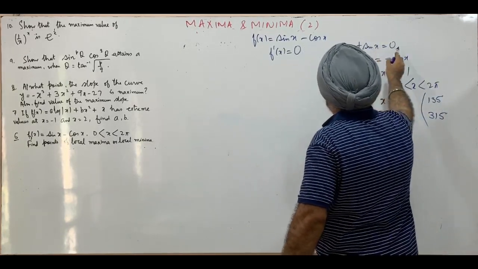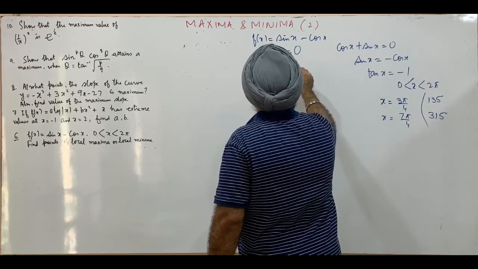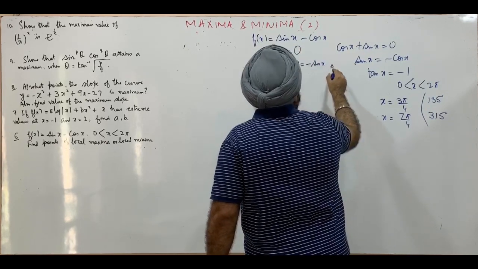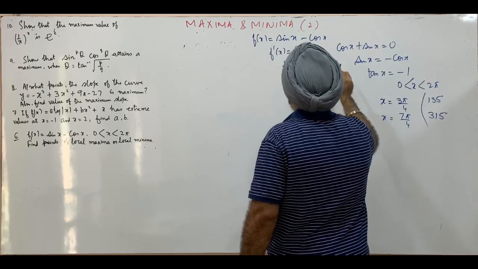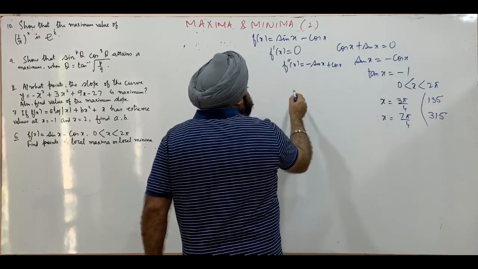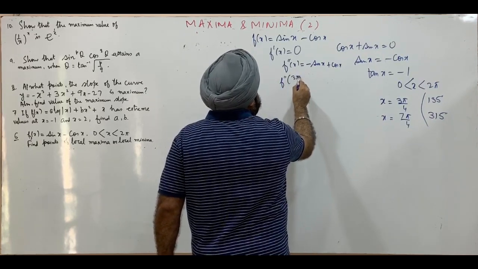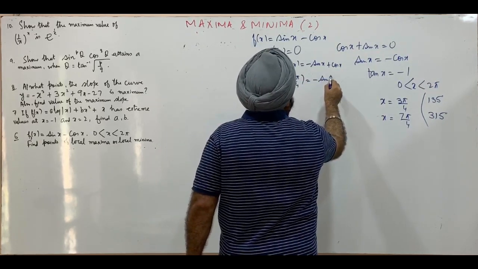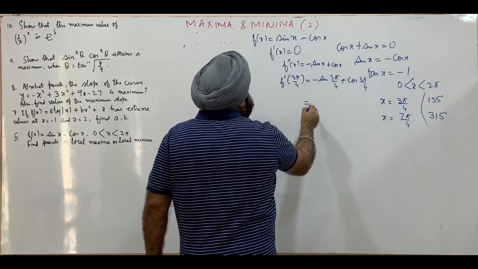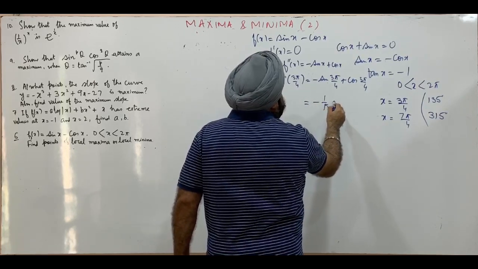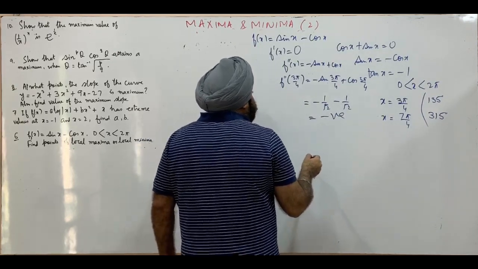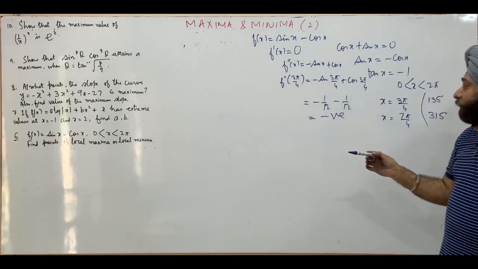So this is f dash of x. Now we find f double dash of x. That will be minus sin x plus cos of x. This is f double dash of x. We substitute the critical points, that is 3 pi by 4. So this is minus sine of 3 pi by 4 plus cos of 3 pi by 4. This is minus 1 by root 2 and this is minus 1 by root 2. So this is negative. So a negative sign of the second order derivative means a point of maximum.